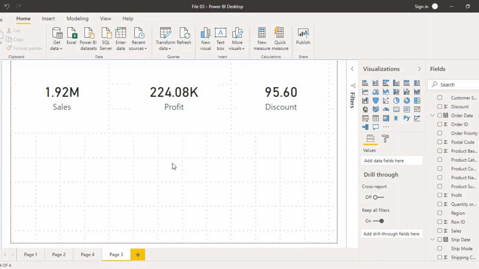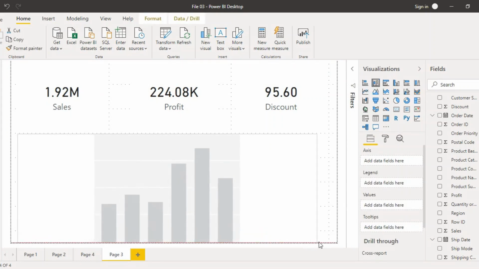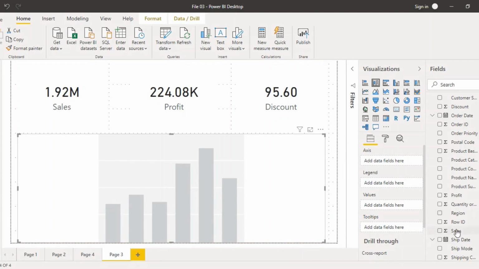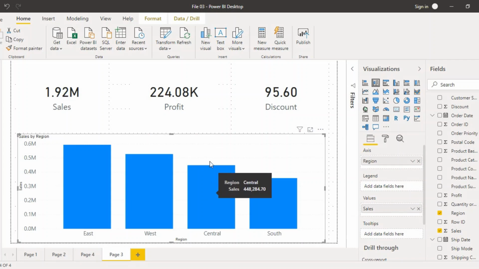Now these are for the general things, that is for all the records that are present in our table. Suppose we want to show that data in some other format, like we want to show this data on the basis of a chart. So let us just add a stacked column chart over here. We can just apply it like this, and then we are going to drag something. Suppose let us drag region, and let us drag sales in the values. Then what happens is we are getting the sales for that particular region. Now the data is visualized in the form of a region.